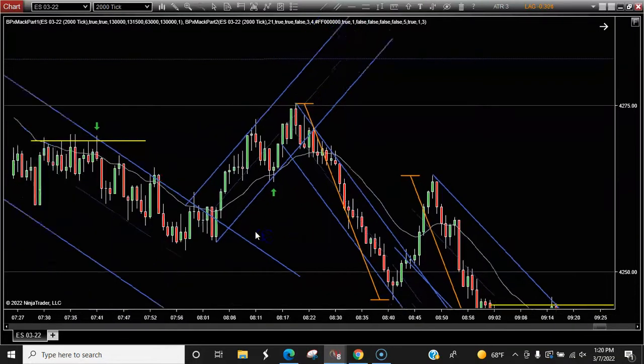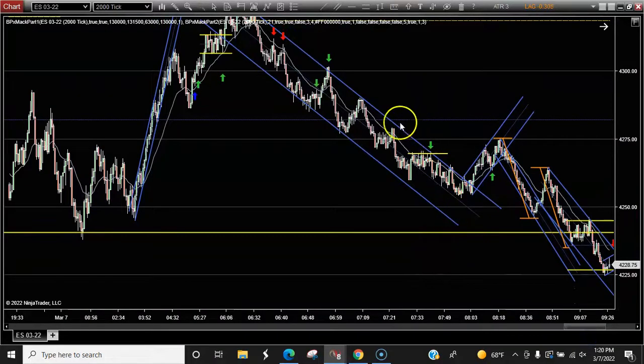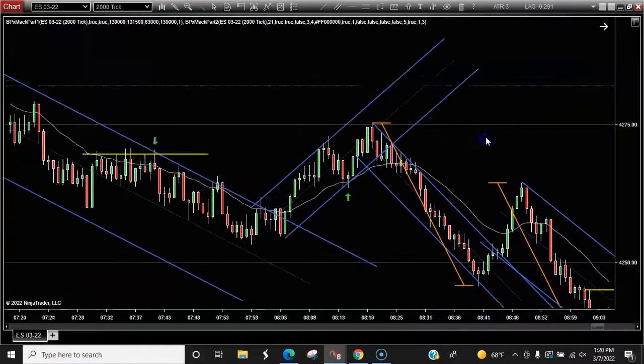That's pretty risky though. But the reason I like that was because we broke this channel, and this is just a leg of correction. And you can see even on a more short-term thing, we have this break of this channel, move to a new high. So actually, yeah, that makes it more risky. But you might look at that as one leg up, and then this is a leg to a new high. But anyway,